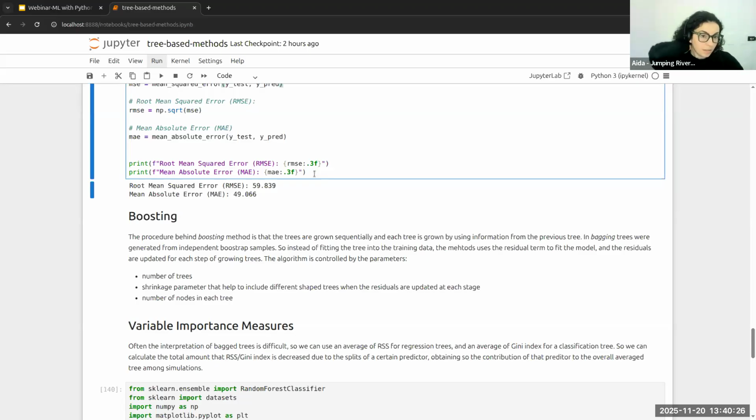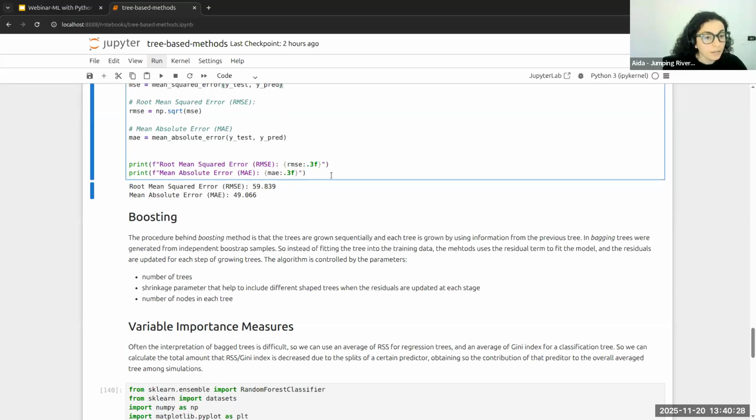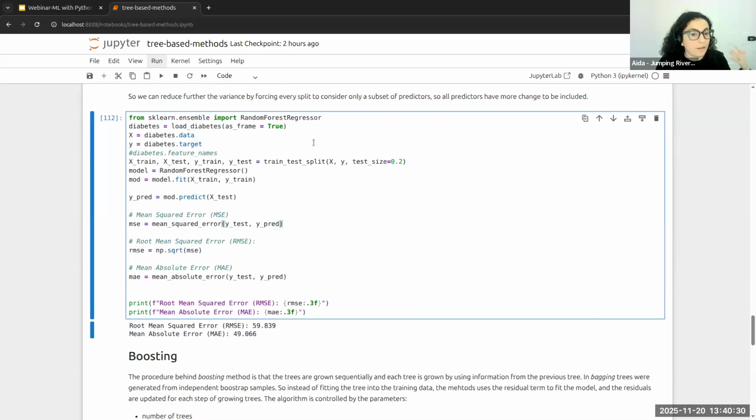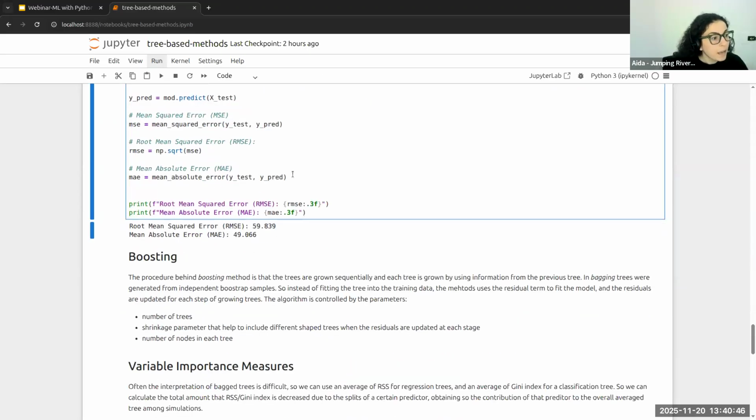Note that boosting methods and also random forests work with classification problems, but also regression, when my outcome variable is continuous. So you could call a random forest classifier in the case of fitting a classification type of problem.